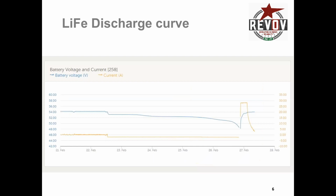Onto lithium curves and setups. So this curve that you see here is the curve from that telecom site that I showed you in the very beginning. And it shows you that from the very beginning, they've got AC power, and then on the 22nd of February, about halfway through the day, we turn off the AC power, and we ran the battery for 4 days. And you can see immediately, this is critical, the immediate response on the voltage side is to have a